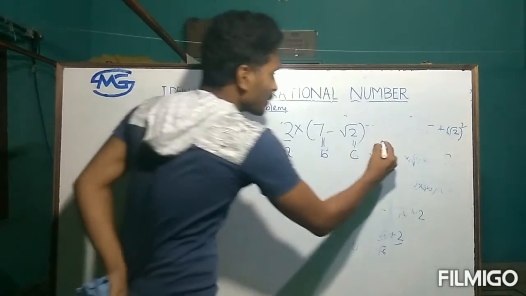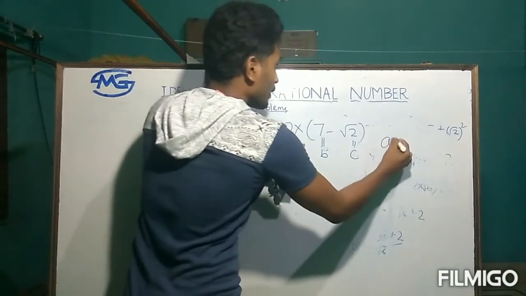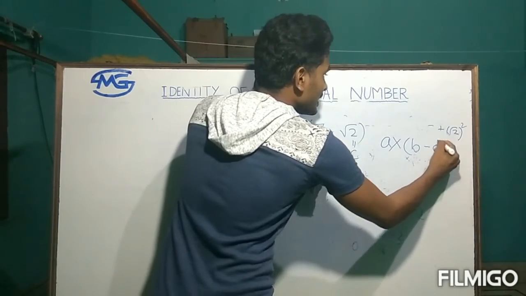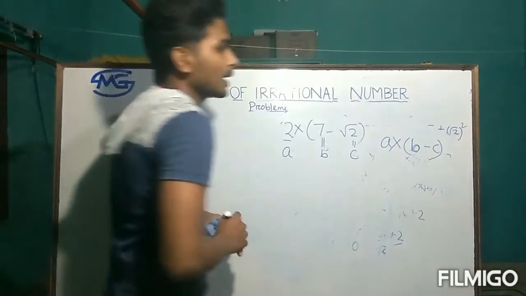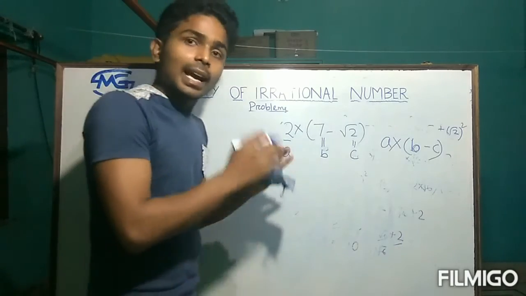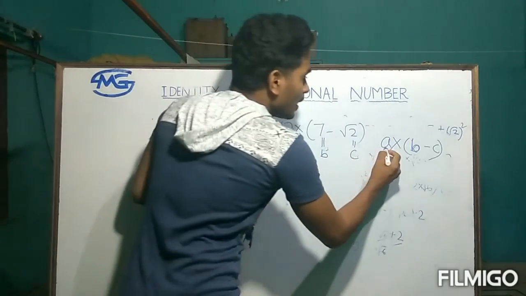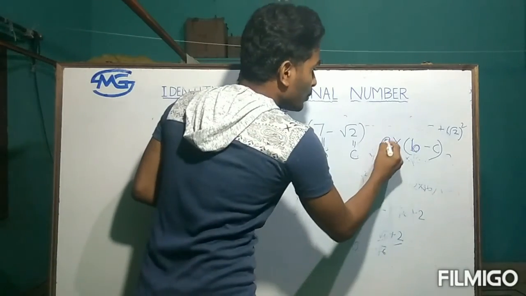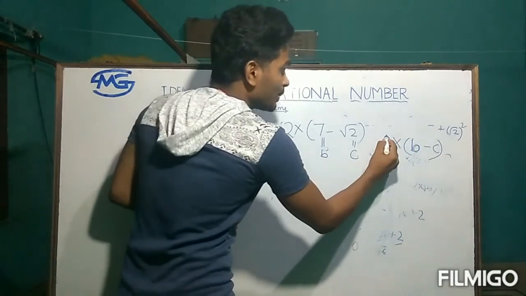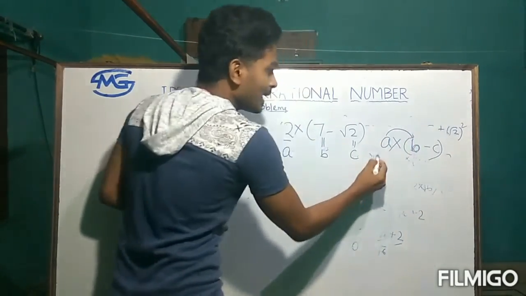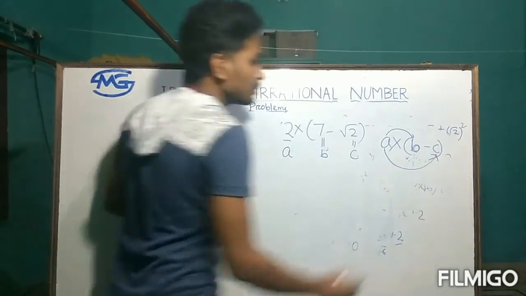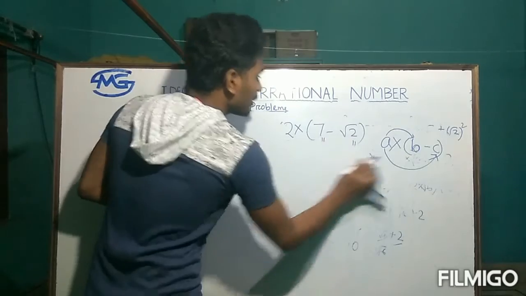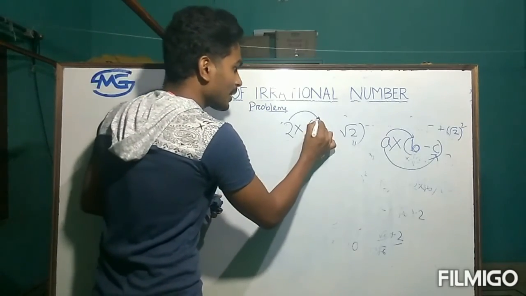Okay, so they resemble the formula A into (B minus C). Since we have already discussed the distributive law in class 8, how can we multiply them? We can multiply by just A into B and A into C. Yes or no? Yes. So how can we multiply them? We can easily multiply by 2 into 7